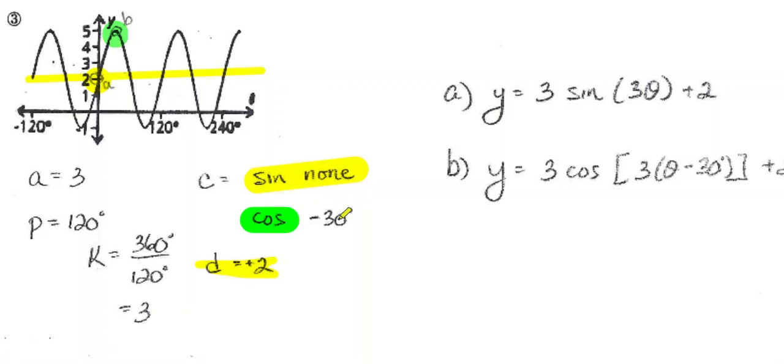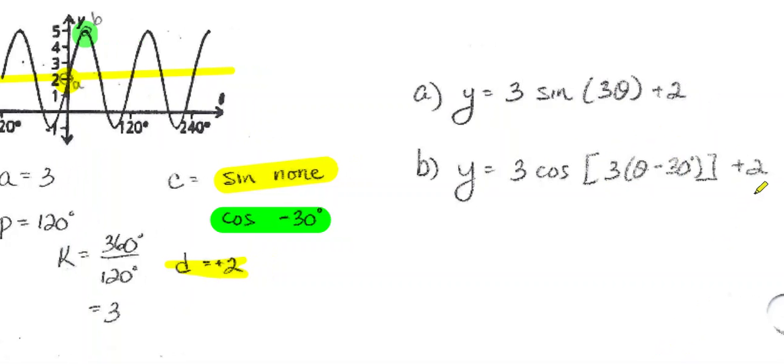So you have a shift of -30 or 30 degrees to the right to put in. And this creates a double bracket here because you have a K value and a C value. Make sure you have a double bracket, and yeah, now you can see it, and make sure you carry down all of your values. So your A value is the same, the K value is the same, D value is the same. The only thing that's changing is that you've got a different C value,